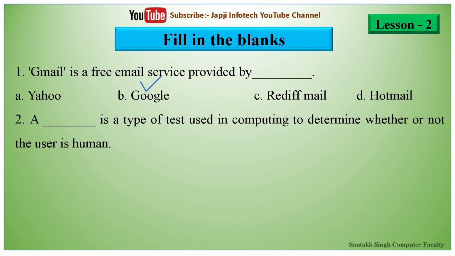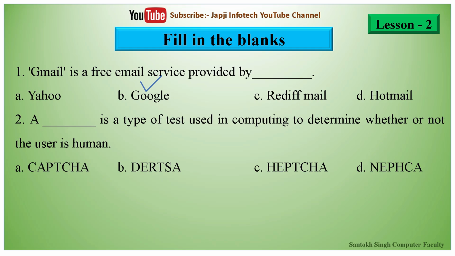And the second one is: a dash is a type of test used in computing to determine whether or not the user is human. The options are CAPTCHA, DOTSA, HAPTCHA, NEFCA. And the right answer is: a CAPTCHA is a type of test used in computing to determine whether or not